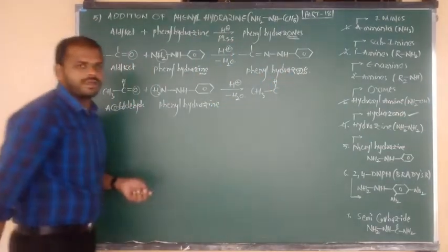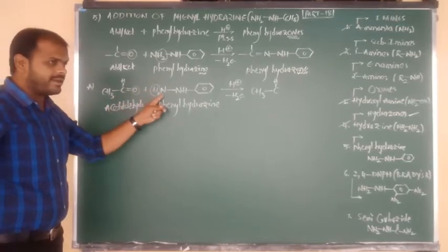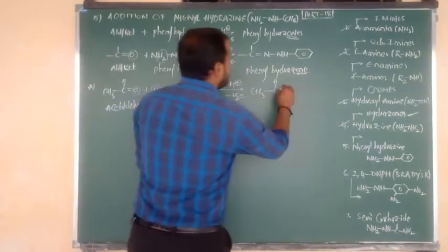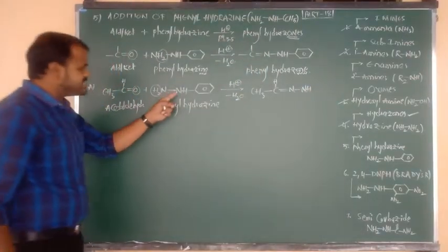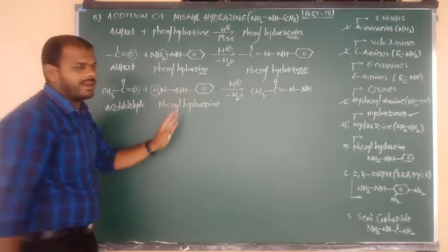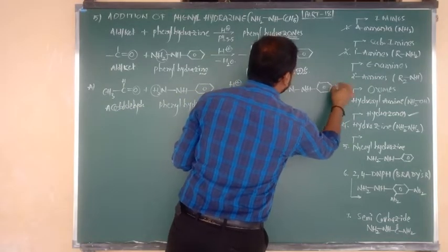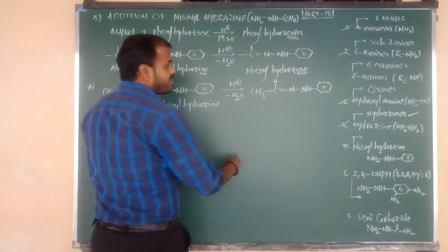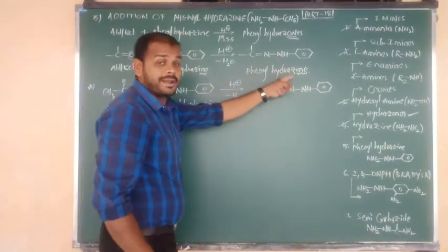Okay, but I have written there, after C, double bond is there. C double bond N, N bonded to NH, again NH connected to phenyl ring, and also we can say benzene ring. So here NH connected to what, beta? Benzene. So what is the name of this compound? Phenyl hydrazine converted into phenyl hydrazone.